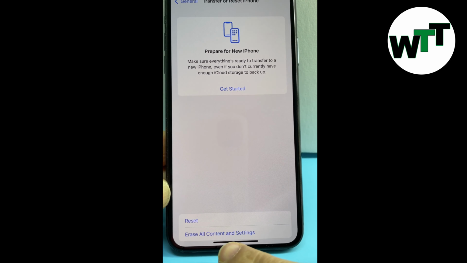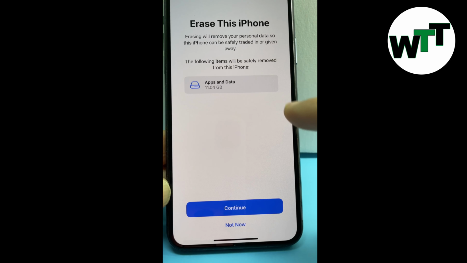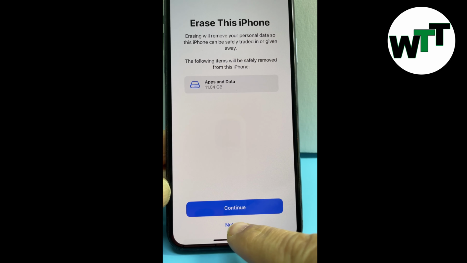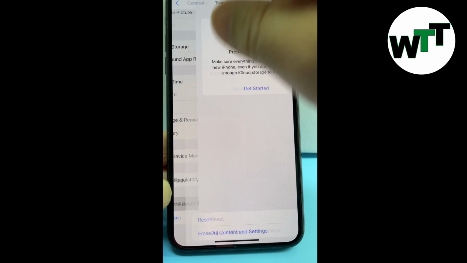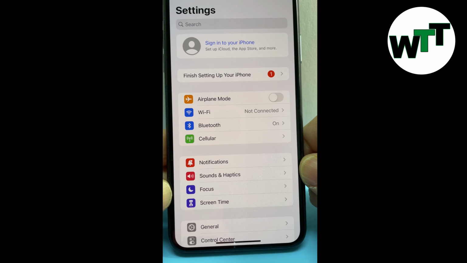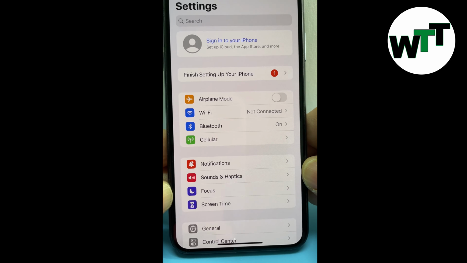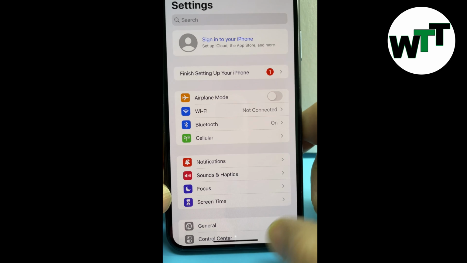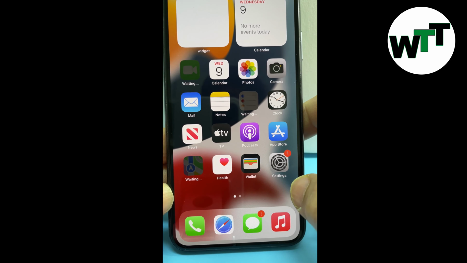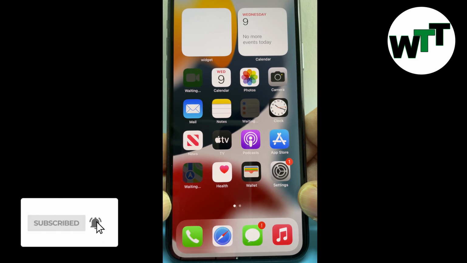Now the other option you see at the bottom is Erase All Content and Settings. What that will do is delete all the data from your phone. And that way, if some app is interfering with the phone, which is causing freezing or lagging, the problem will be solved with that. But the method I'm going to show you is a way you can hard reset it without losing